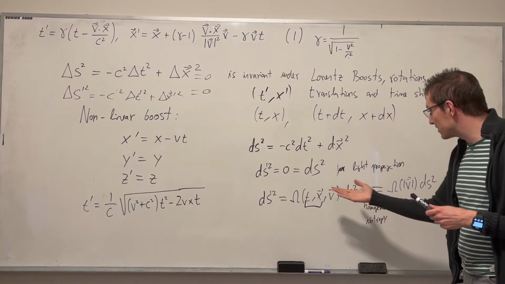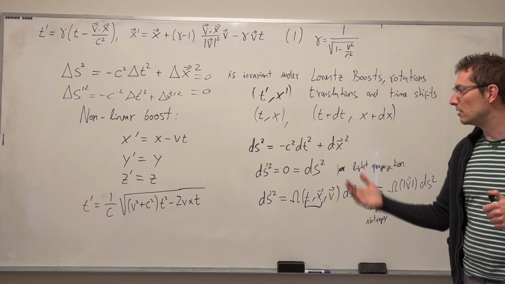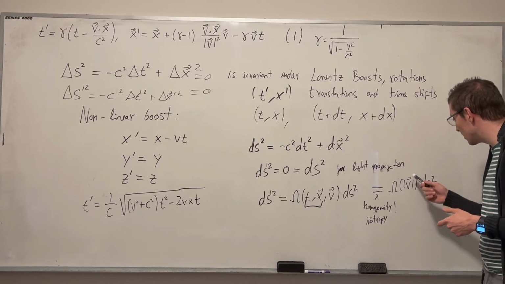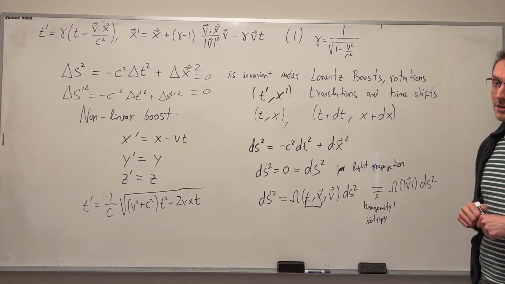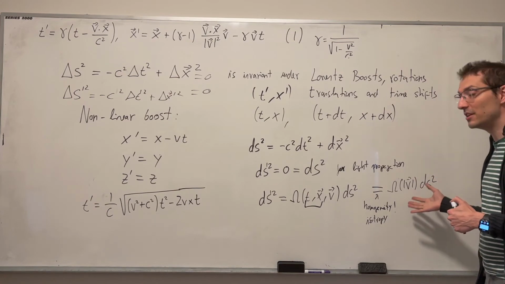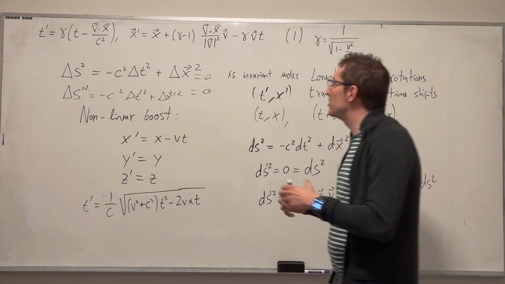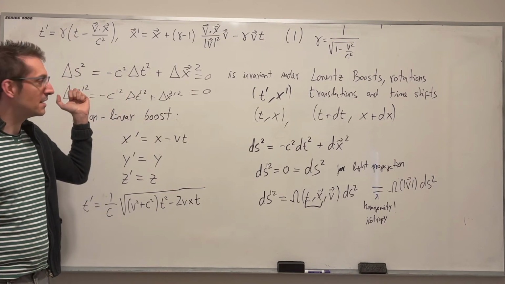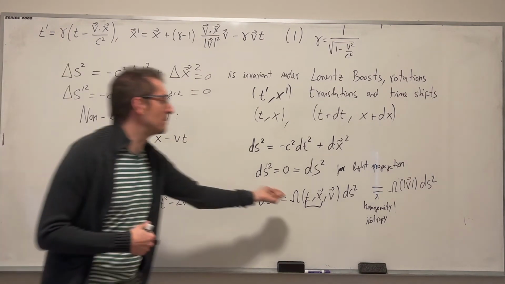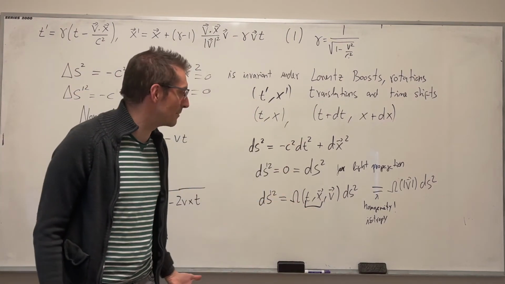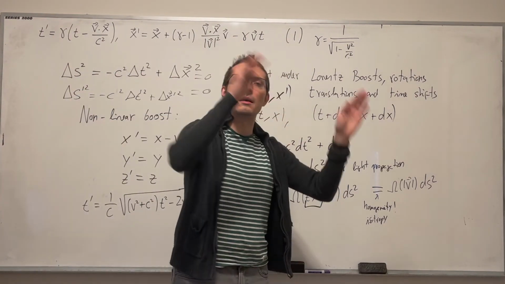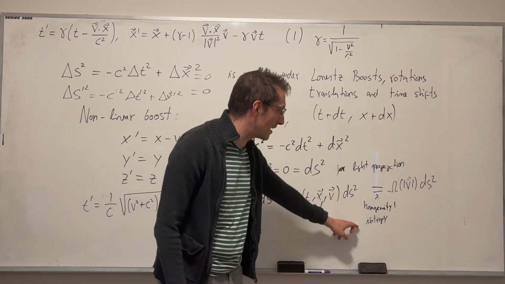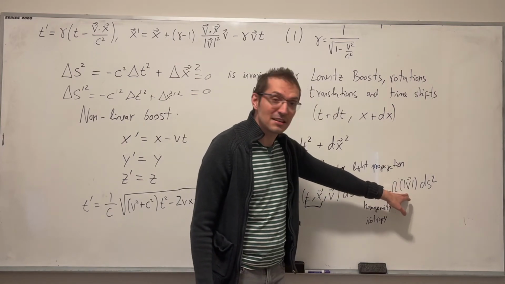If we do that, we get that the transformation between the two differential small spacetime intervals, ds squared in this case, has to be a factor that depends on the modulus of the velocity. If we say, okay, whatever this has to be the same when they connect the propagation of light, and they have to differ by a factor that cannot depend on the point of spacetime. Why would the laws of physics be different at every point of spacetime? And it shouldn't depend on the direction that you pick for taking that speed. Why would it be different in different directions? So demanding homogeneity and isotropy is like, well, it still can't depend on that.